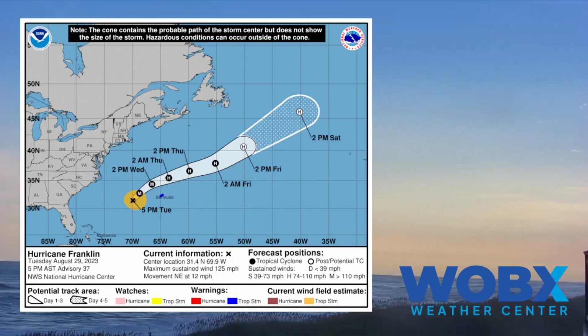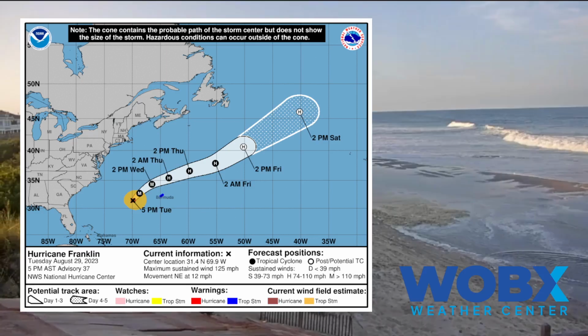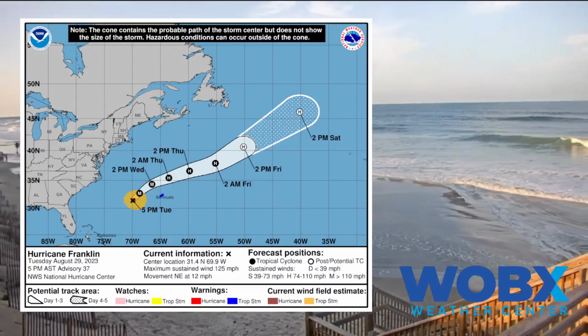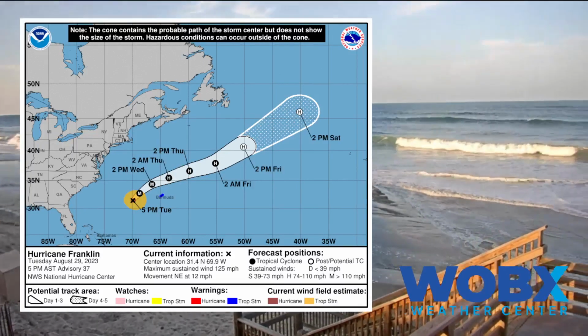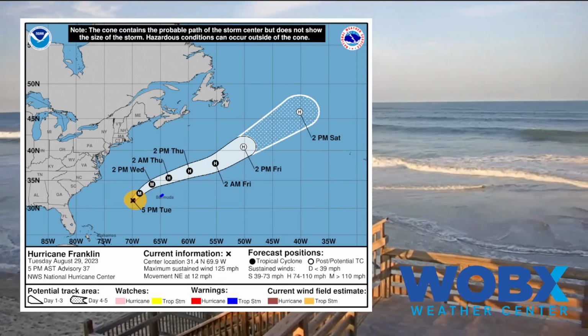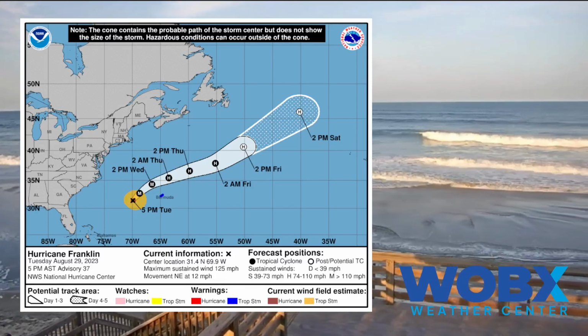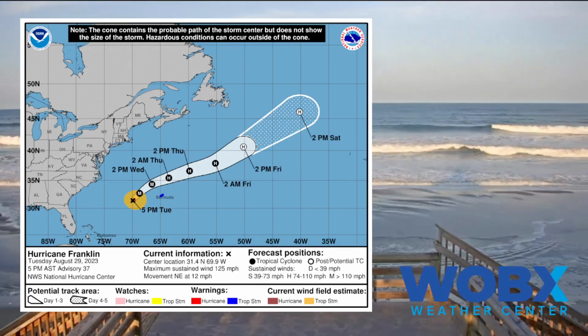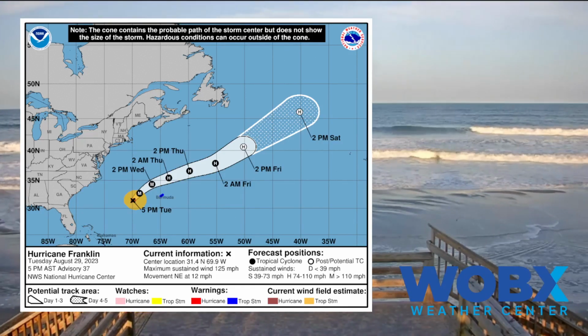So we're going to couple the waves we're already getting from Franklin with that higher than normal tide, and that's why we're getting this bigger run up of waves already. And we don't have an onshore wind. We've had some light offshore wind. We've kind of had a sea breeze kicking in at times, but we're not going to be dealing with the true wind driven stuff